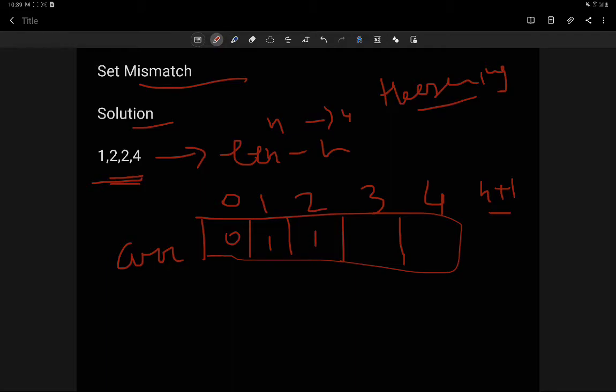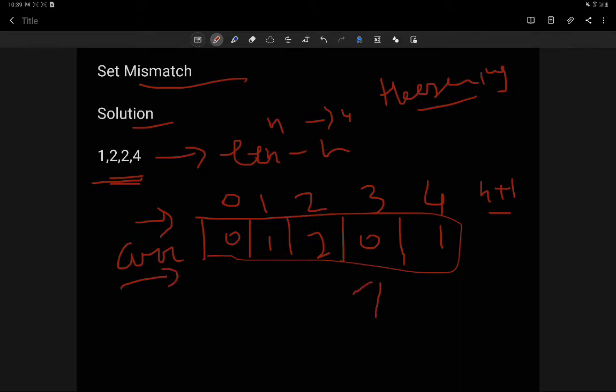Initially all of them are 0, and now again 2, so the count of 2 will be 2. Then we encounter 4, so the count of 4 will be 1. After traversing the whole array, we have a hash array in which we have the occurrences. Then we will traverse this hash array.